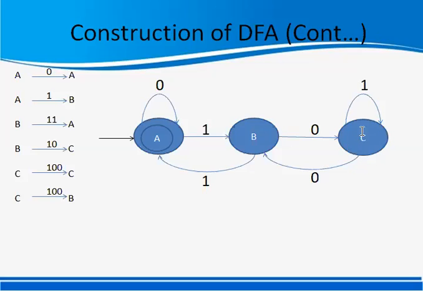Now we will check for state C. First we will check how we have reached state C from state A on input 1 and 0. So already we have 1 0. Now from state C on input 0, our complete string becomes 1 0 0. It is equivalent to decimal number 4. When we divide 4 by 3, it gives remainder as 1. And here the state B represents the set of all strings that generate remainder as 1. So on input 0 from state C, our next state will be B.